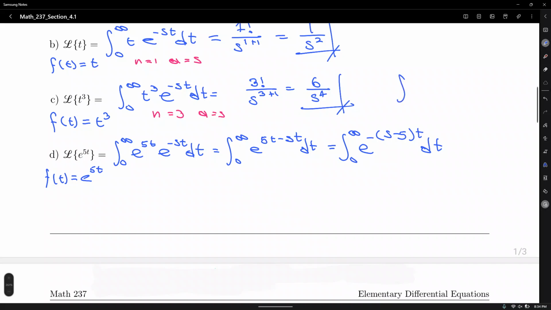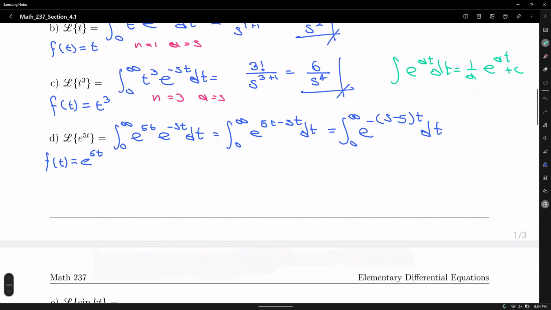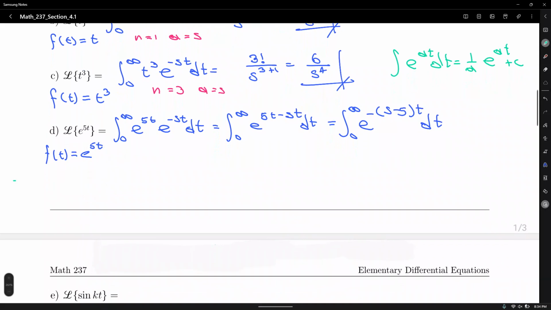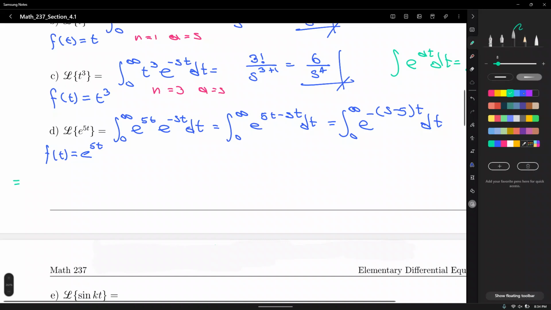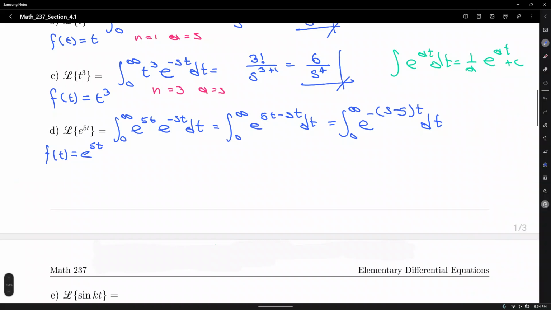Here we will evaluate the integral of an exponential function. Let me show you how we evaluate this integral. The integral of e to the at t dt is 1 over a e to the at plus c. In this case, we're going to have limits of integration, so the integral will be equal to,